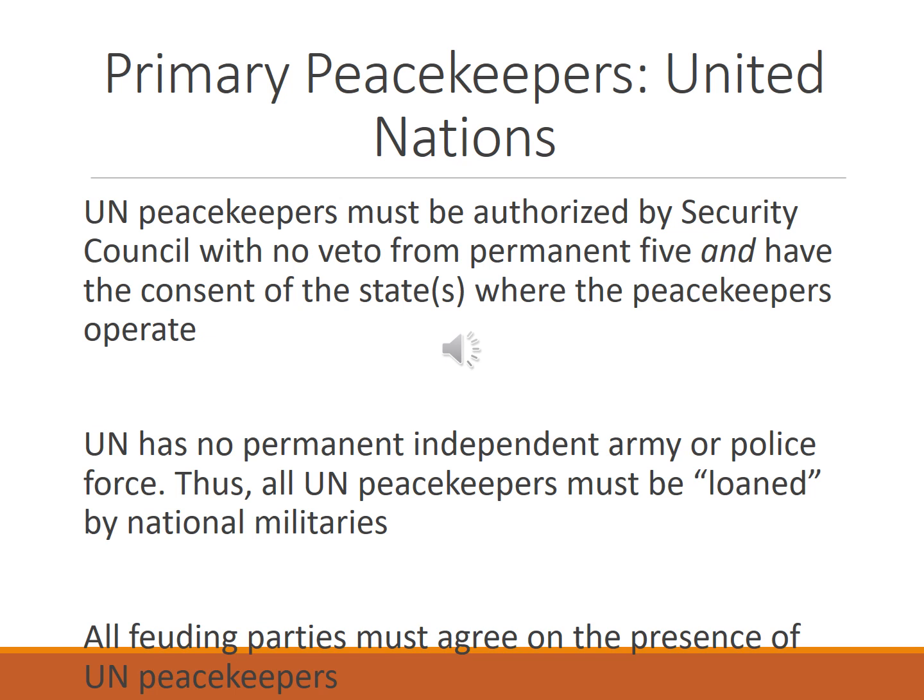The UN also, it should be remembered, doesn't have any kind of police or independent military force. All UN peacekeepers who wear the blue helmets are essentially armed soldiers that have been loaned by national militaries to the UN for the purposes of peacekeeping. And if there are no states willing to loan out their military forces for this purpose, then there's nothing the UN can do in terms of trying to use peacekeepers in a particular conflict. Usually they can find states willing to loan out military force, but it's possible that there might be a time when that doesn't exist.